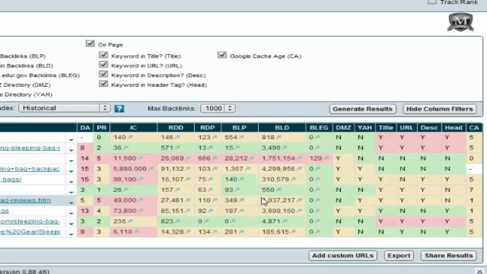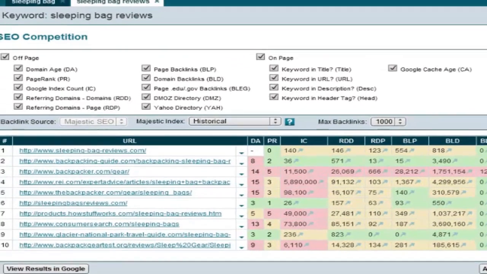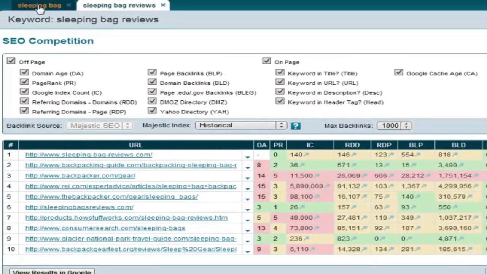That's going to show you that there's a lot of competition. But for me personally, when I see the top site is a page rank 0 and the second one is a page rank 2, that's not too tough to go out and tackle. And the third one is a page rank 5, but they're not even using sleeping bag reviews in their title, in their URL, in their description, or their head. So I wouldn't say that they're actively targeting that keyword. So to me, sleeping bag reviews still looks like a good keyword, because I'm pretty confident I can get that